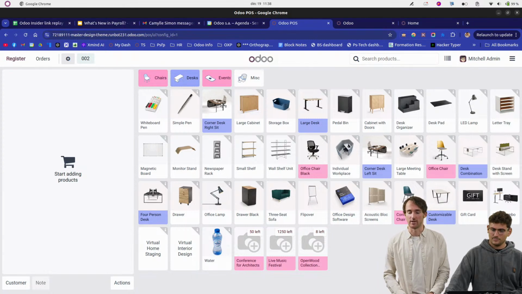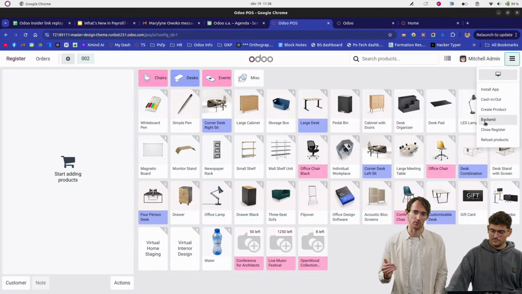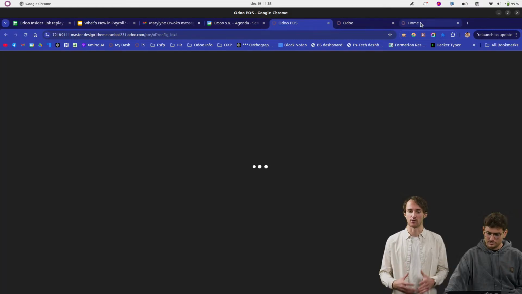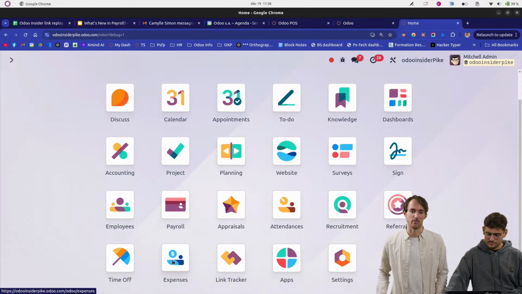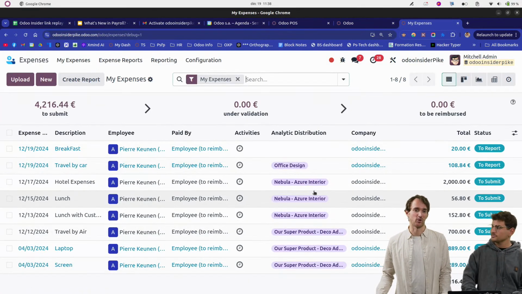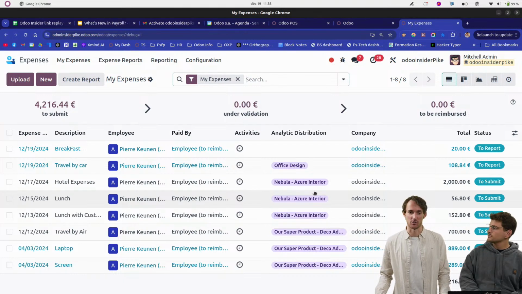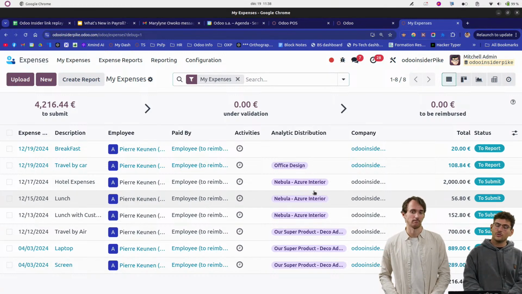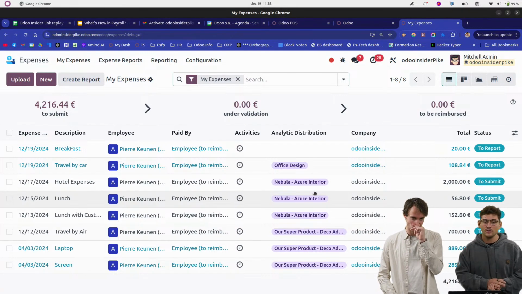If you mention, let's say, replenishment of product, then it's different. You need to get out of the interface and create your purchase of product out of the point of sale by going into maybe expense, but at least the purchase application. But I would say expense is good for that, because if you don't have a card and you're paying yourself for the coffee and all the different things you need,